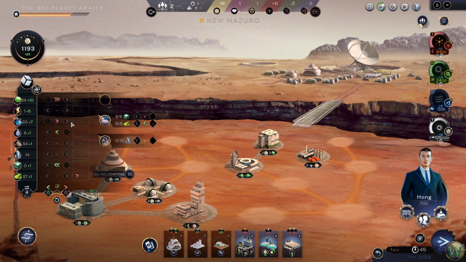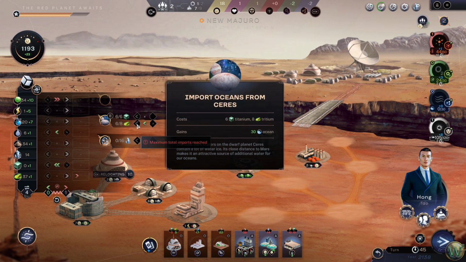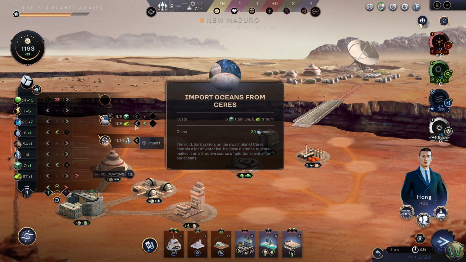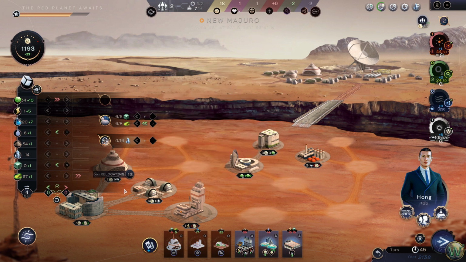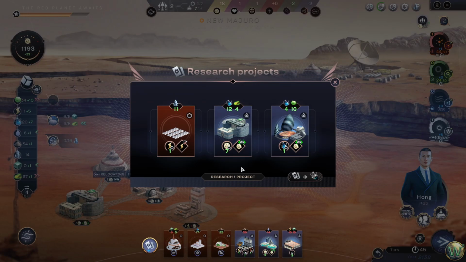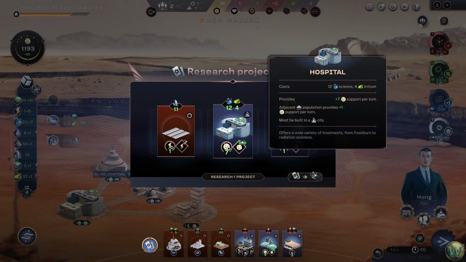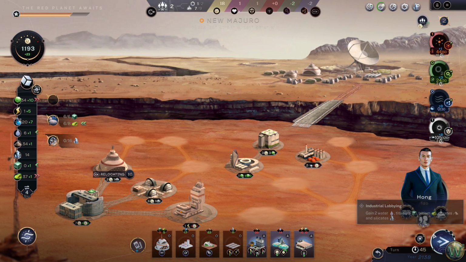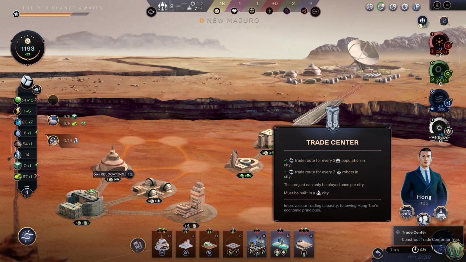Actually, no, let's not export this. Let's export... Let's do that. Let's get that done in 1 turn. Yep. And we can still research a project. Oh, yeah. So I don't want either of those. Long story short, let's do photovoltaic cells. And our leader action...